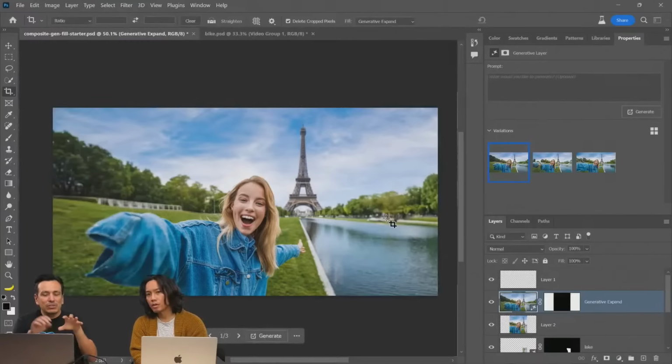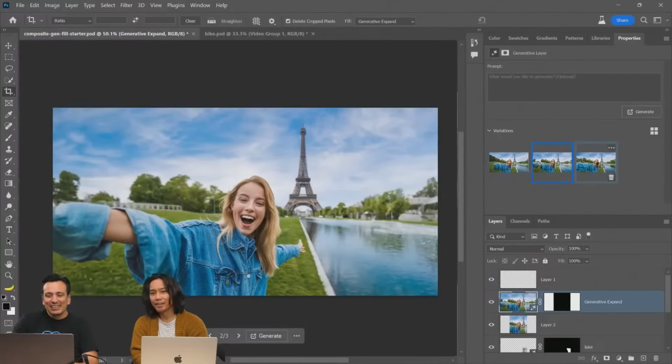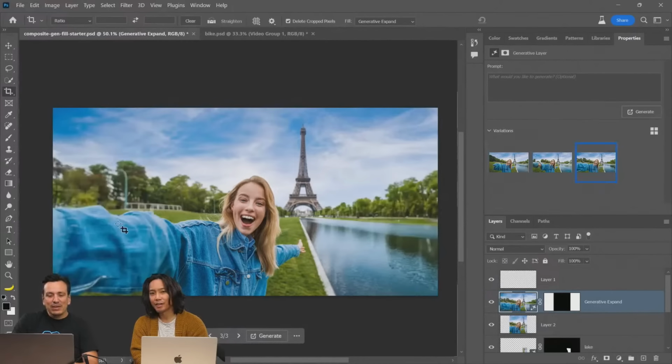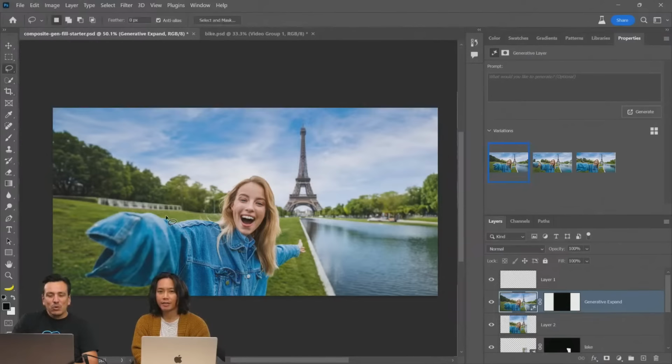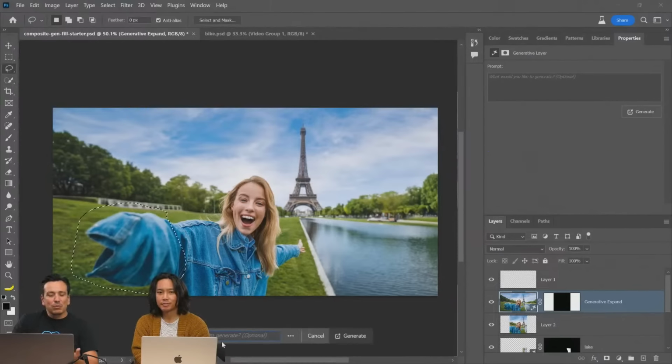It looks at whatever the image is. It didn't do a good job on the hand, but that's okay. We have other variations that we can select. This is definitely much better. It's not perfect, so I kind of like this one, but I really don't like the hand. So what we could do is come in here and leave it blank and